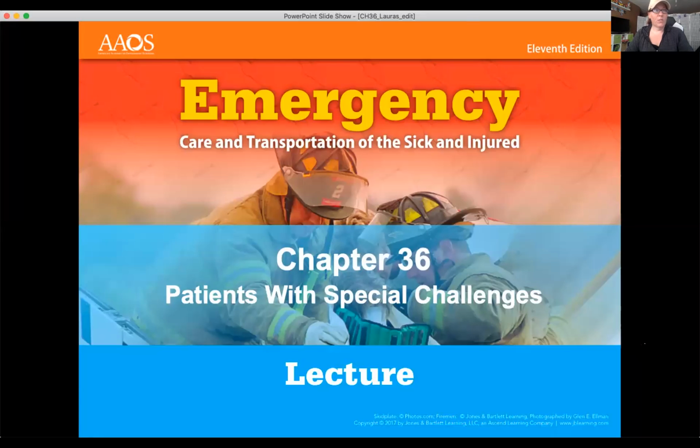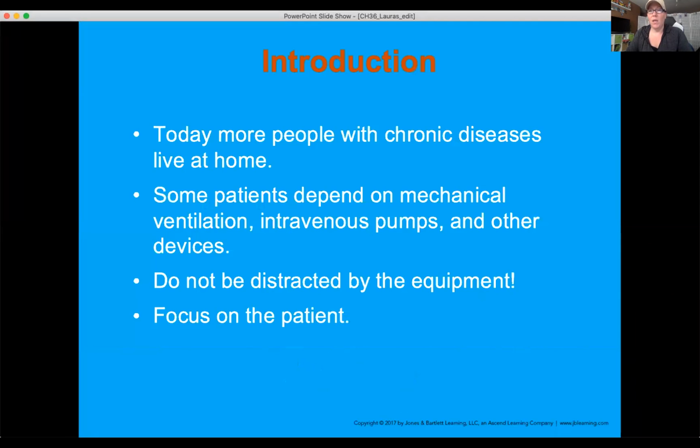All right, this is chapter 36, patient with special challenges. Remember that this is not all inclusive of patients with special challenges, and the special challenges are some of the things that we have to consider. Our whole profession is so dynamic that we're always changing, and we have to adapt to situations as they present themselves. The biggest thing is to make sure that you're educating yourself on what's going on,